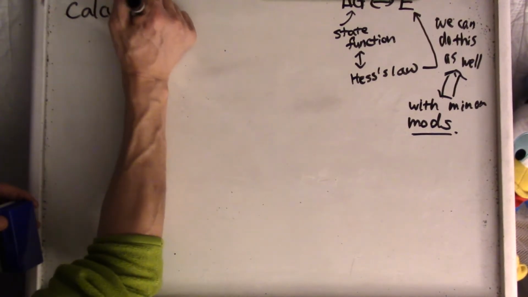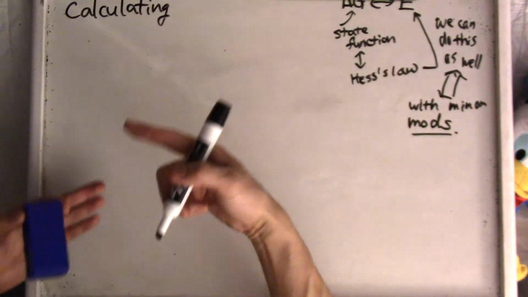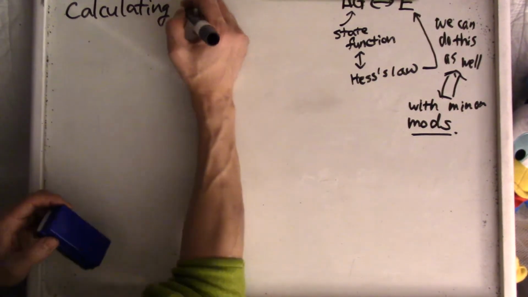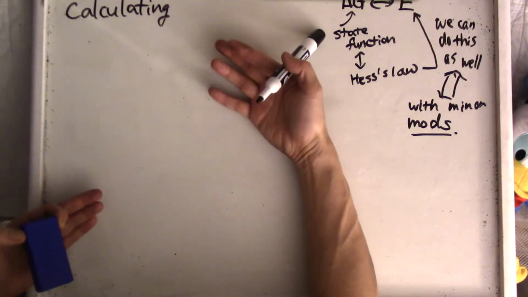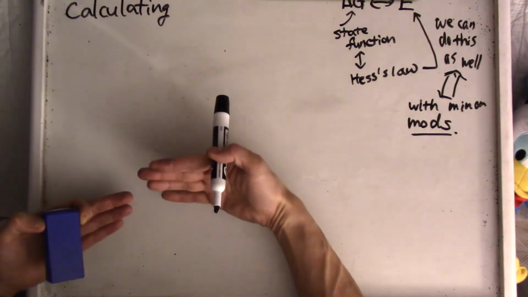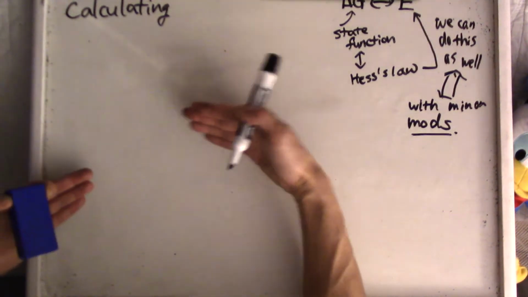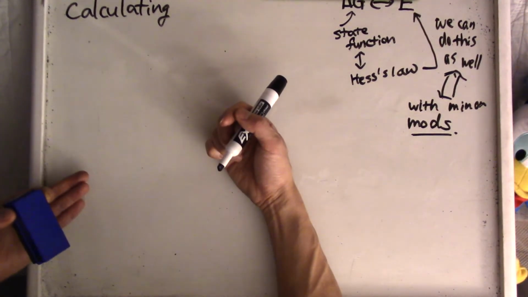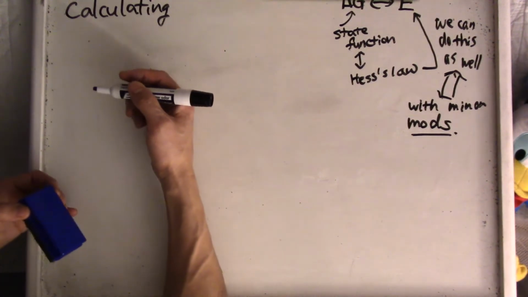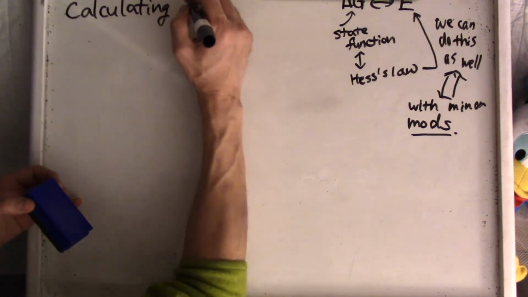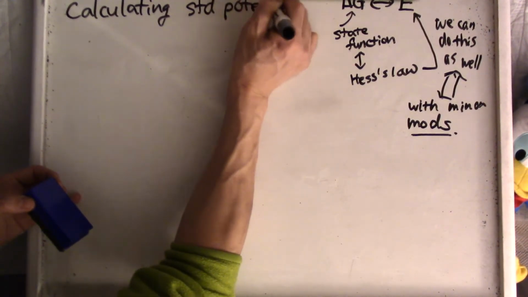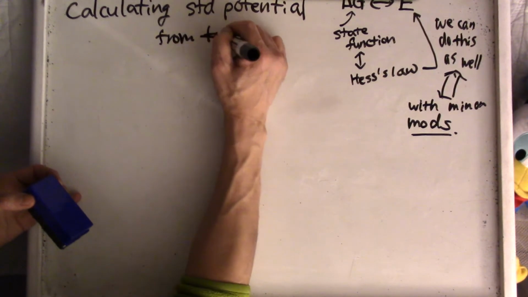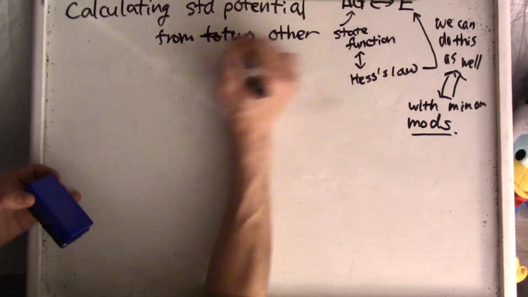So calculating, because sometimes you don't know what the cell potential is for that particular reaction. Just like Hess's law, sometimes you don't know the actual Gibbs energy or enthalpy, but you can use Hess's law to go around and calculate that particular thermodynamic parameter. Remember, the cell potential or EMF in this case is also a thermodynamic parameter. So you can determine that by using a very similar method with a minor difference. But calculating standard potential from two other potentials,